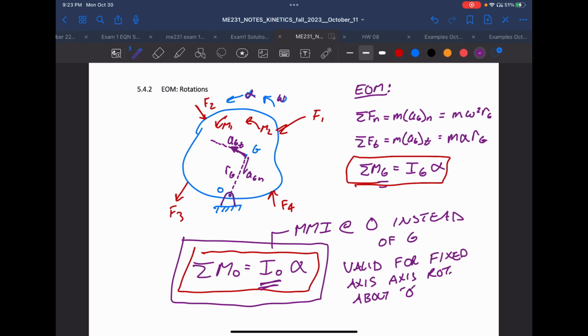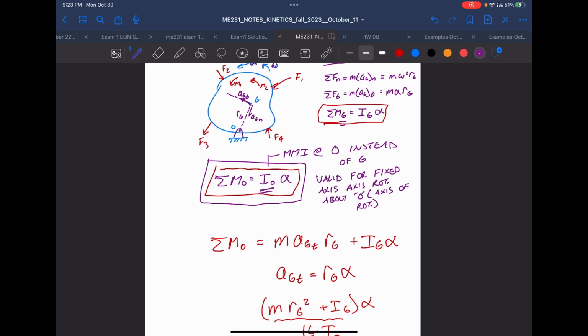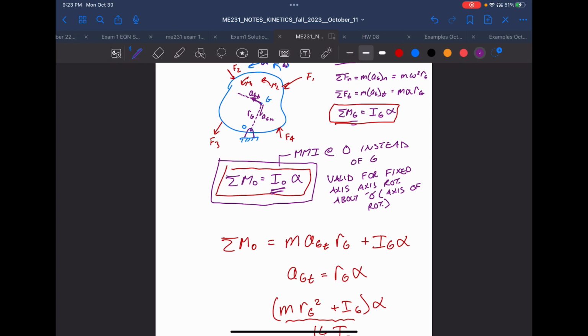About O, which is the axis of rotation. Okay, and then just a quick little explanation of that. If I was to sum moments at O, inertial moments in this case, so I guess that should be the little cursive script. The normal component passes through point O, so it doesn't create a moment, but the tangential component, mass times AGT,